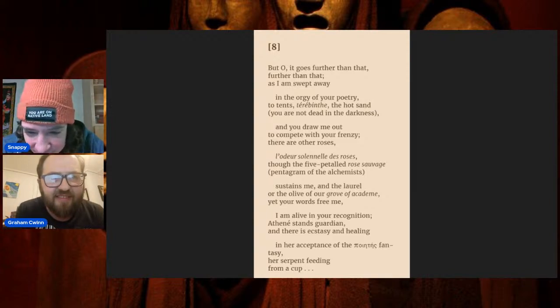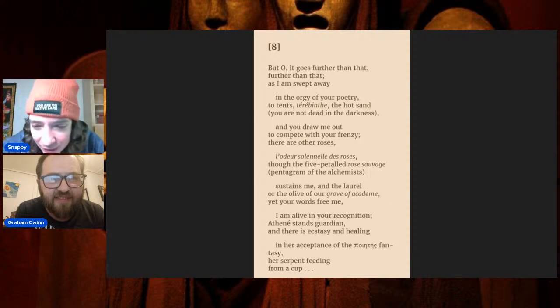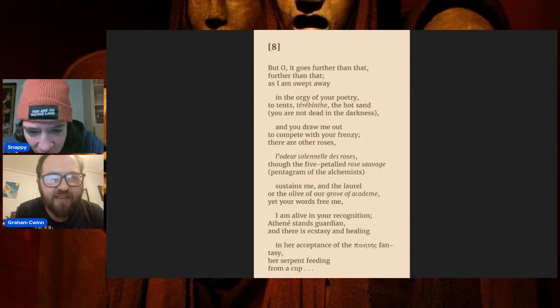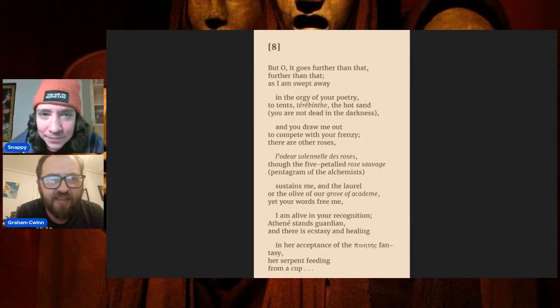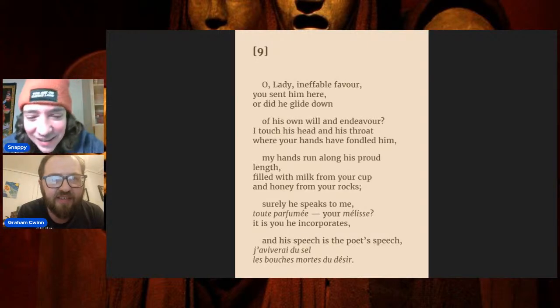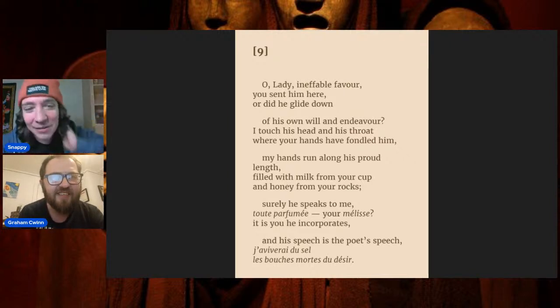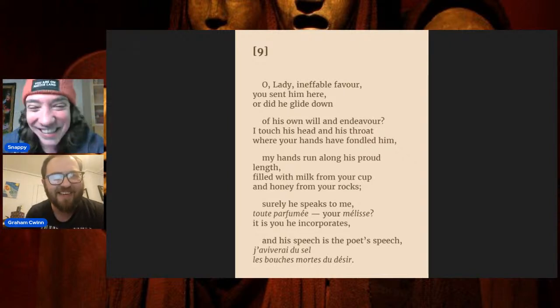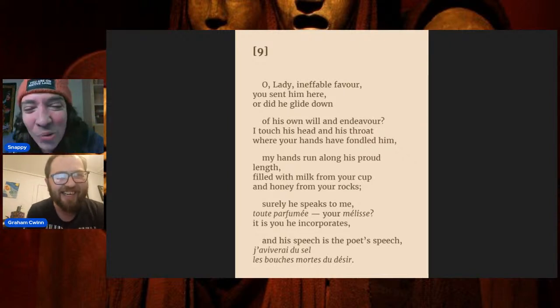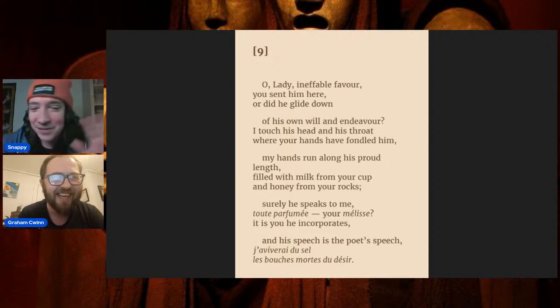And her acceptance of, oh, okay, that's poetis, which is Greek for poet. Fantasy, wow. Her serpent feeding from a cup. I'm getting better at Greek than French. I was gonna say, that's impressive. Oh, it's because I like that word. So,